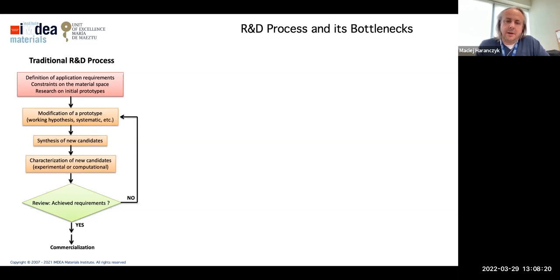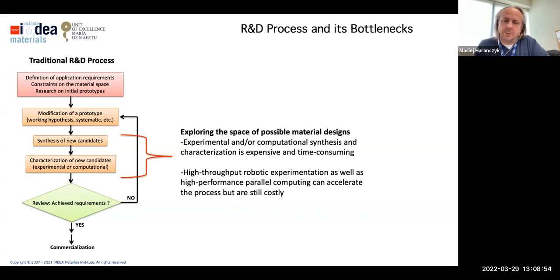And if the material fulfills criteria, which is rarely the case in the initial stages, we have a candidate to commercialize it. If the candidate material doesn't fulfill criteria, we have to include what we learn in our decision making and start another cycle of material optimization. Because normally development of a material to fulfill all the design criteria is very long, we need a lot of cycles. The whole process is very time consuming and very costly. So we'd like to accelerate this part.